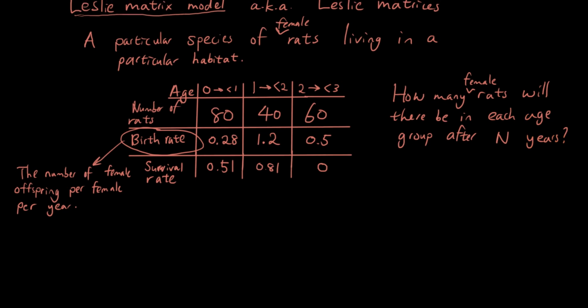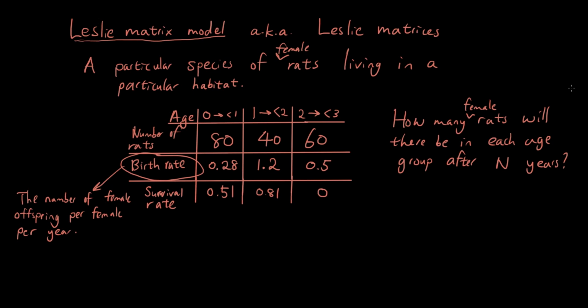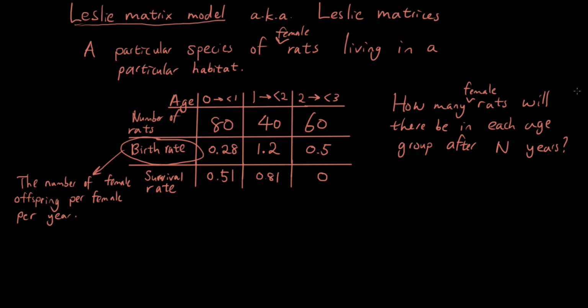Which is the cool thing about matrices in general, right? Because now that you've put them in a matrix, you can just repeat the calculation over and over again to find out the answer for any number of years. So how does that work? Basically we need two matrices. We need what's called the Leslie matrix